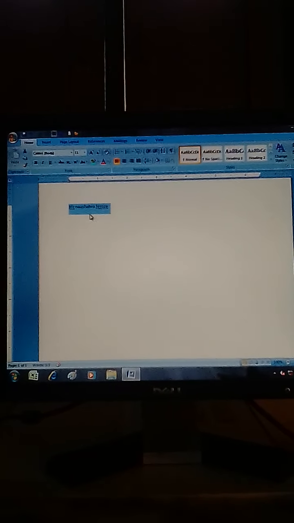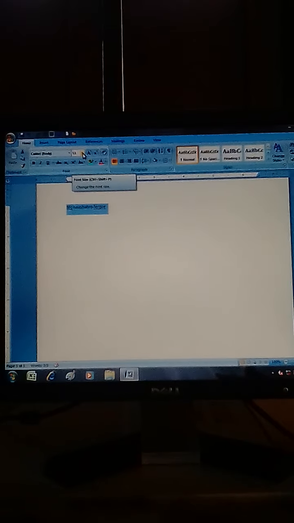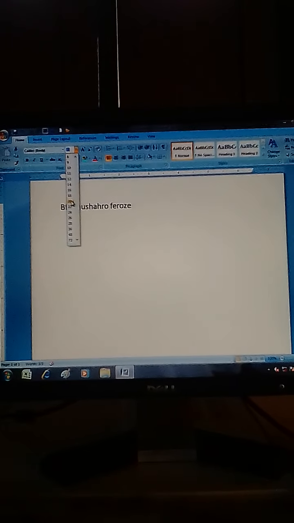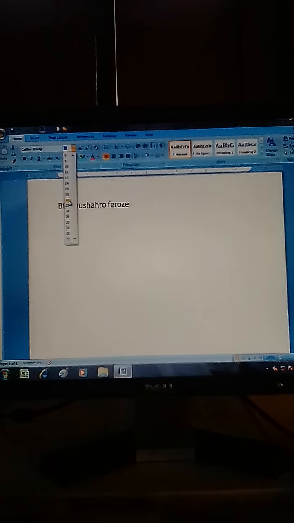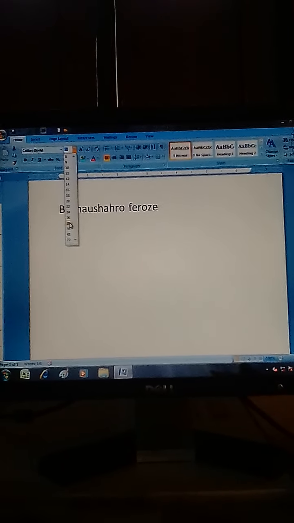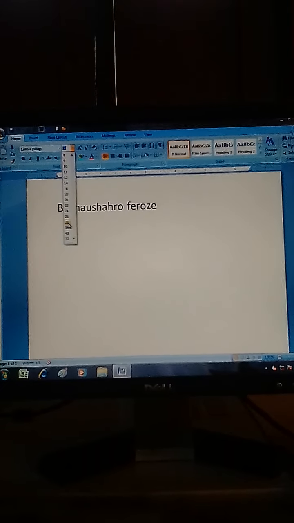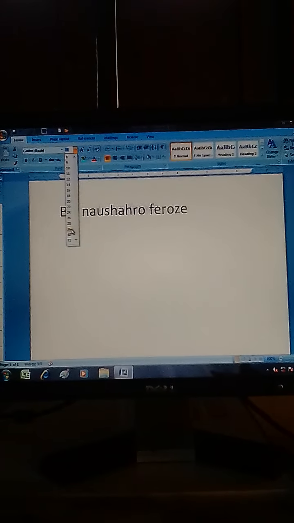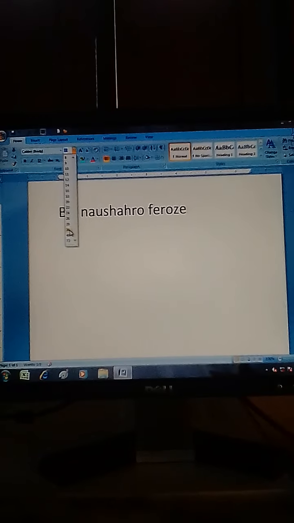If we want to increase the size of our fonts, we can click on the font size box where the size of fonts can be increased. Whatever size or number you select, your fonts will be increased in size.